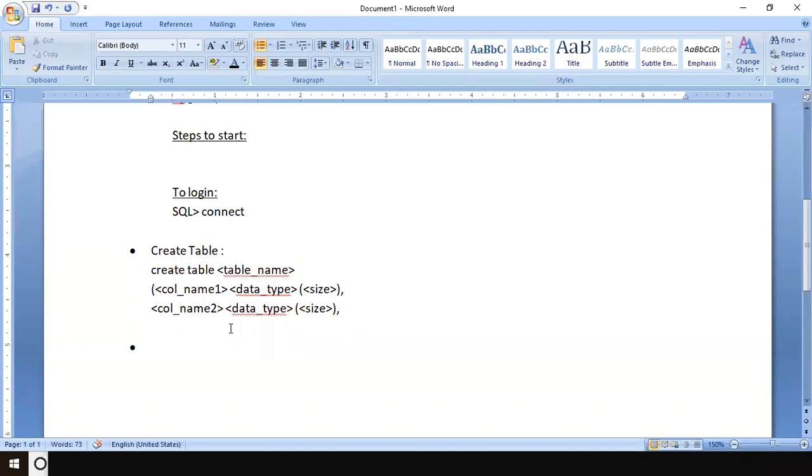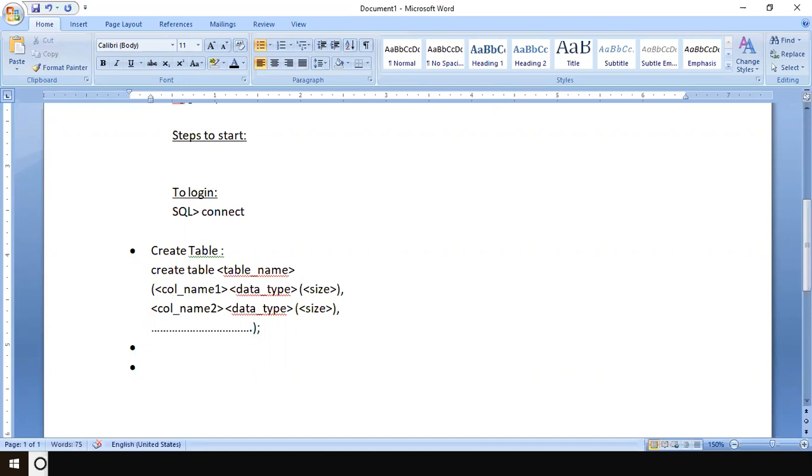The dotted line indicates you can have as many columns as you want. Once you finish all the columns, I close this main bracket, and then give a semicolon. The semicolon is very necessary to indicate that the command has ended. If you don't give a semicolon, it will not understand that you have finished typing the command.